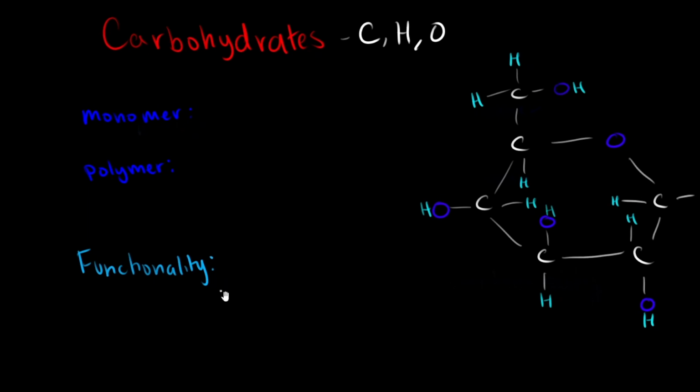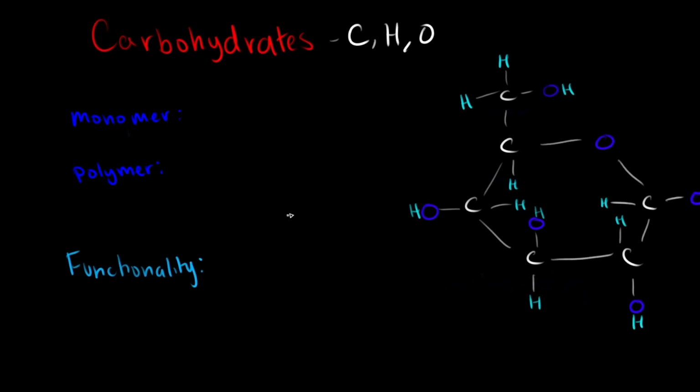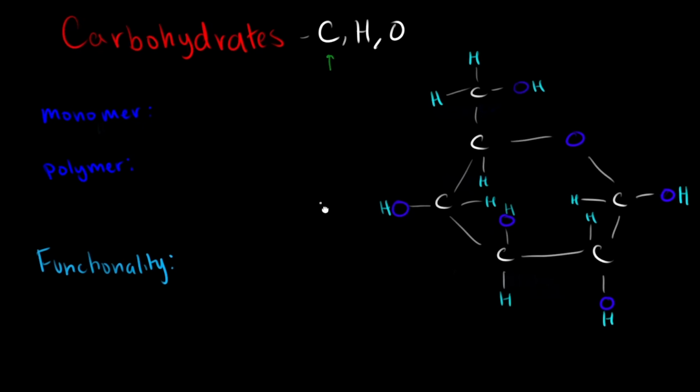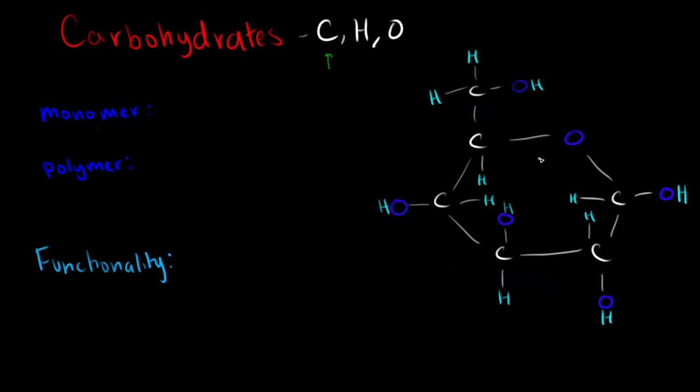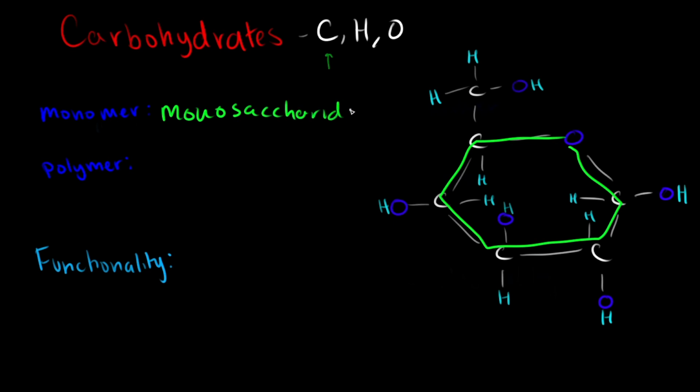Carbohydrates are made out of 3 main elements: carbon, like we all know, which is present in every biomolecule, hydrogen, and oxygen. And now, for the shape itself, we can see that many carbohydrates, and mostly all of them, are shaped in a ring-like structure. You can see this internal ring of carbons and oxygens, and it branches off from there. From what we know about the monomers of carbohydrates, they are called monosaccharides. Mono, of course, meaning 1 again. And then from there, we know poly means many. These are nothing but